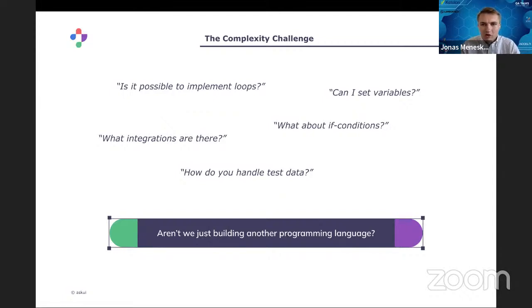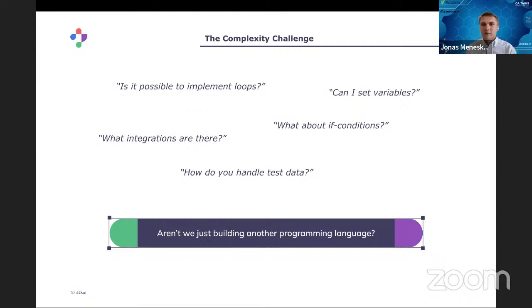If you build a new programming language within a UI, it just doesn't make sense, because it's more complex in the end. A lot of tools, I think, fall into this trap, adding stuff and supporting this and that, and they become so complex that someone who can just code would be easier and faster writing those tests instead of using the no-code application, which then destroys the benefit of no-code altogether.